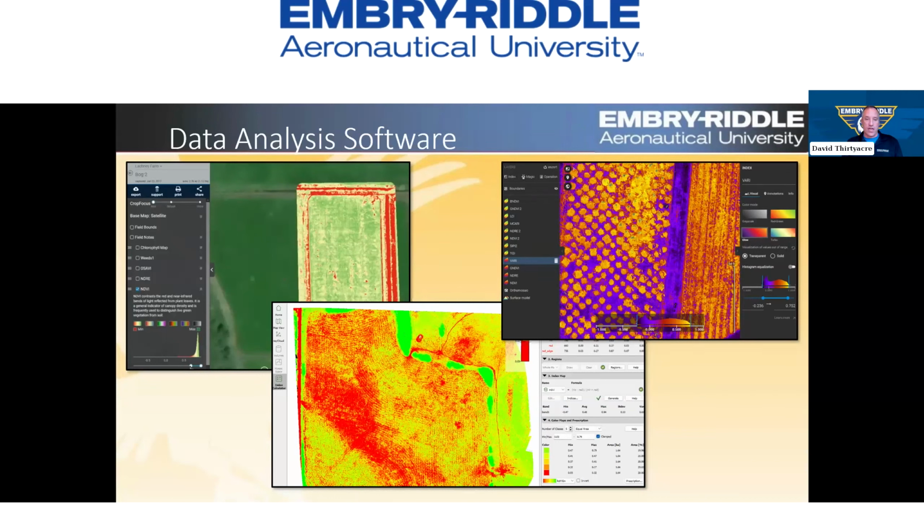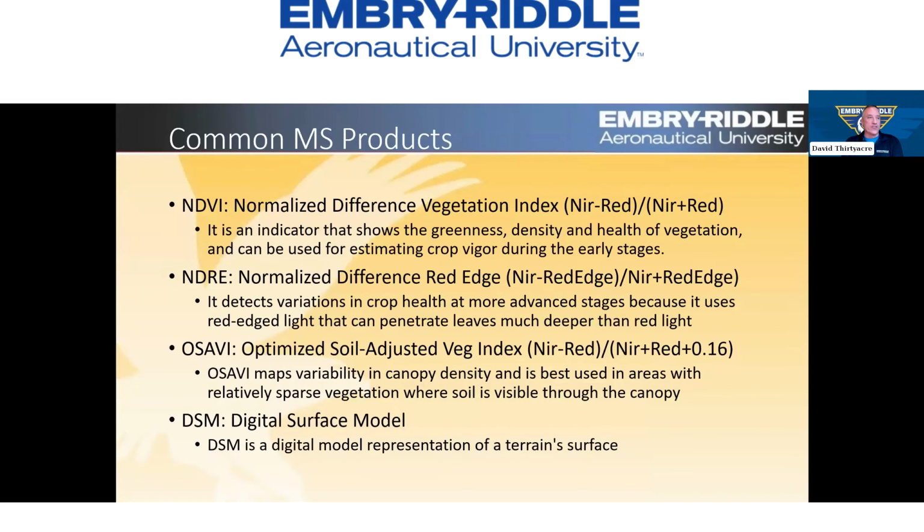So the one down below is Pix4D Mapper, which is just a great starter one to get into, because you can generate all the indices that you want. You can create your own, by the way, in both of these, which is what we have our students do. We have them use some of the standard ones out there, then we make them create their own based on what they're seeing in the imagery and what the objective of the assignment is. So we have them doing a lot of equation manipulation to develop their own type of index they might be looking for.